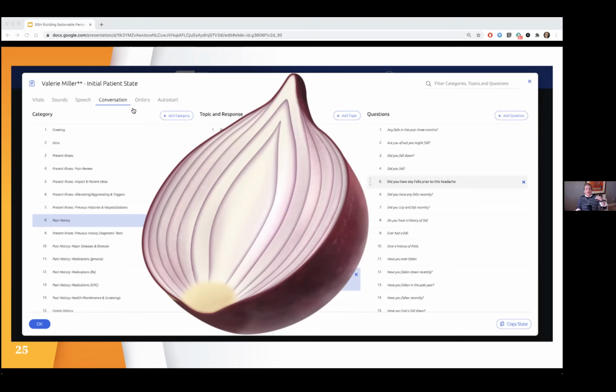So our example, a learner might say, "What's your occupation?" or "What do you do? What do you do for a living?" If you type in the response, "I'm a teacher," you might want to think, what would be your next question, or what would be the assumed next question that this learner might have? Well, they might say, "What grade do you teach?" And the AI, not being programmed to know that answer, might say, "I don't know," or "Can you repeat the question?" And then maybe there's another follow-up question. This third layer is, being a teacher stressful? Do you have a lot of stress at your job?